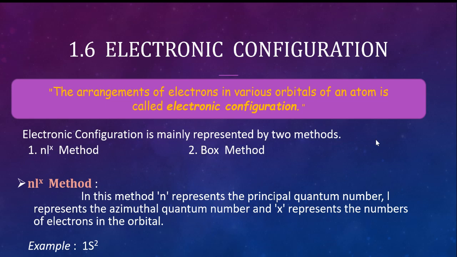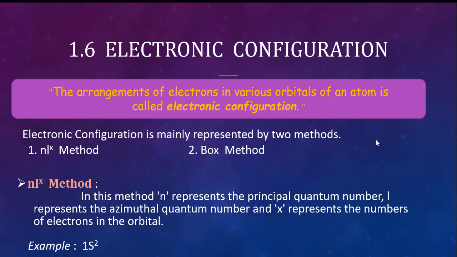Then the fourth quantum number is the spin quantum number. It deals with the spinning of the electron. The electrons not only revolve around the nucleus like the Earth, they also spin around their own axis. They may spin around their own axis either in the clockwise direction or in the anti-clockwise direction. So for the electron spinning in the clockwise direction, the s value is given as plus half, and for the electron spinning in the anti-clockwise direction, the s value is given as minus half. So that's the briefing about the quantum numbers.